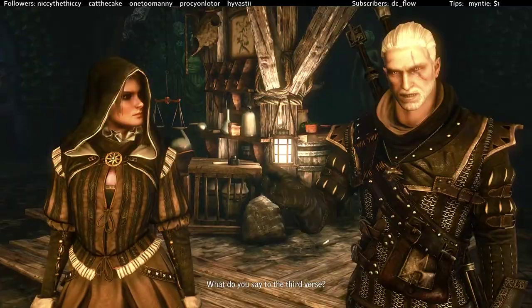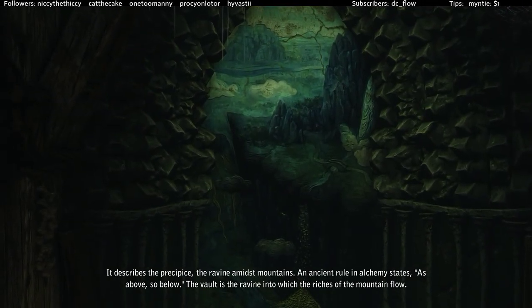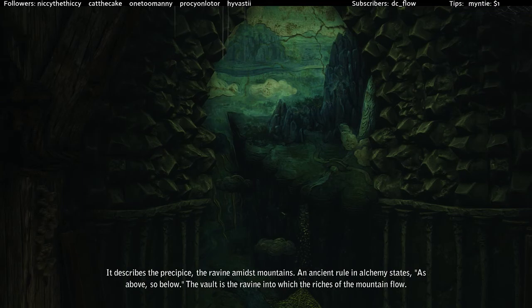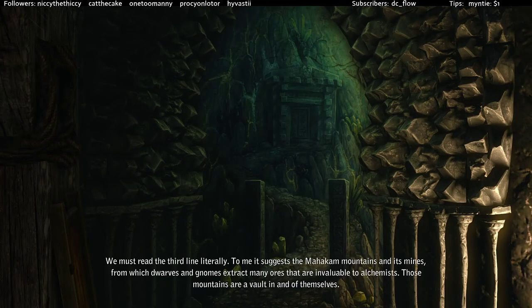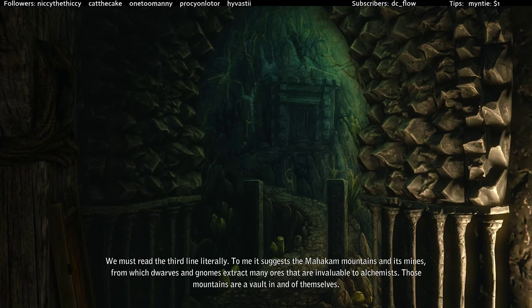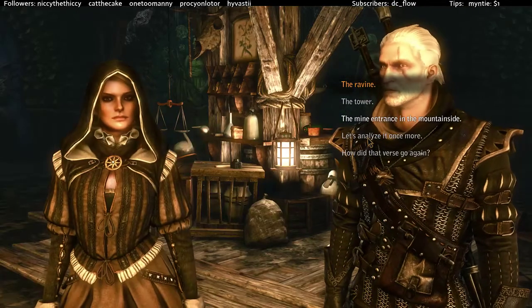Analyze it once more. What do you say to the third? It describes the precipice, the ravine amidst mountains. An ancient rule in alchemy states, as above, so below. The vault is the ravine into which the riches of the mountain flow. We must read the third line literally. To me, it suggests the Mahakam Mountains and its mines, from which dwarves and gnomes extract many ores that are invaluable to... The verse is...